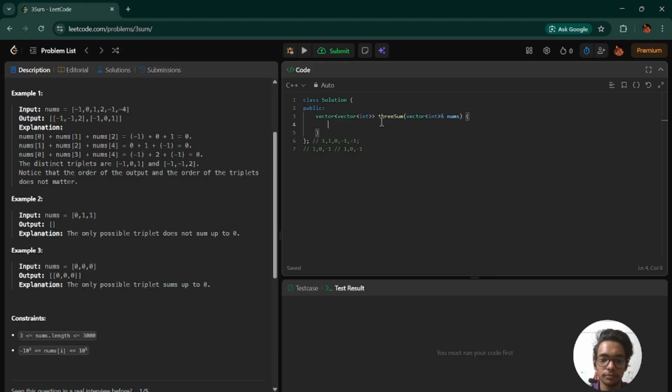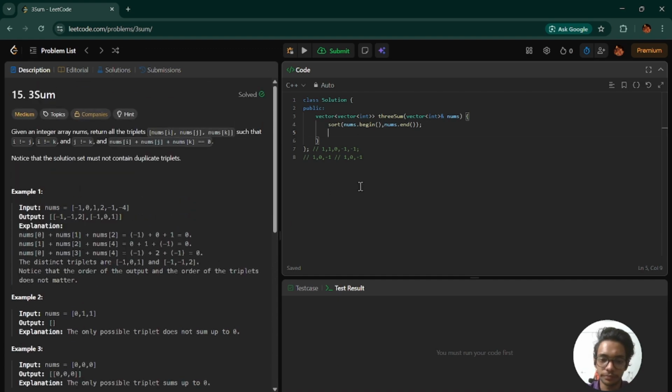So what are we going to do now? We can simply use the three pointer system here. It will solve the question in just n square time complexity. So now let's check it out. But before that, we generally use the two pointer system only on sorted arrays. So we will sort our array first, and for that I am going to use the inbuilt method, and now as my array is sorted,